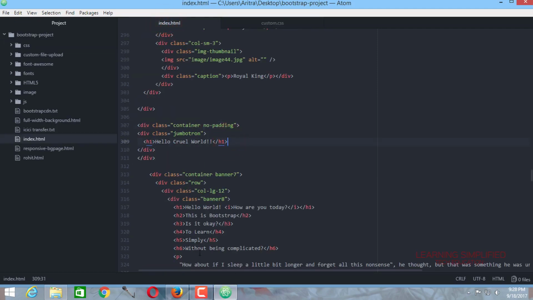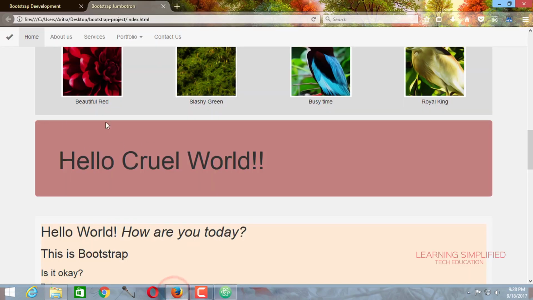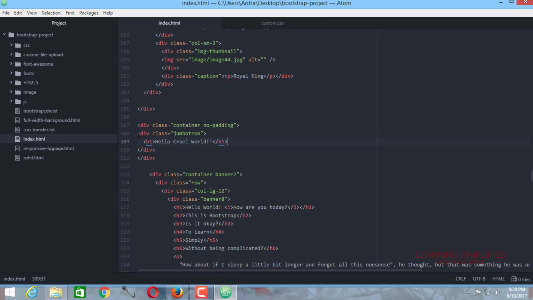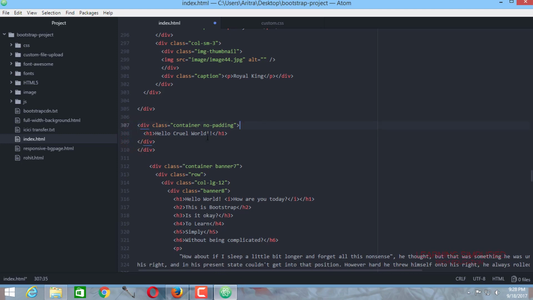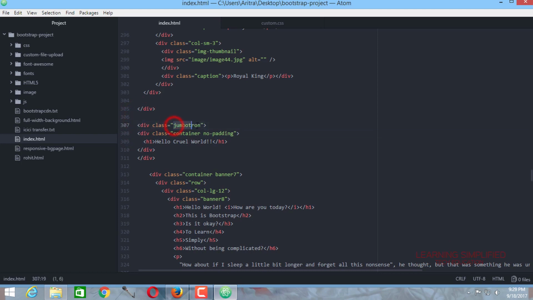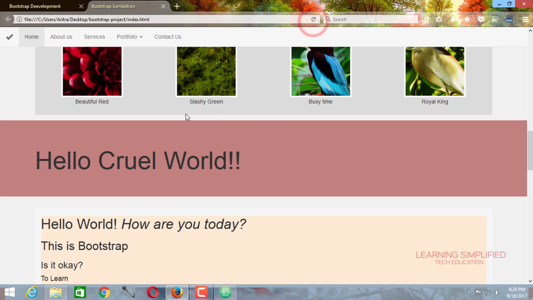But first of all, I would like to make one amendment over here. If you wish to use the whole 100% width of this page, then all you need to do is get back to your project, and here, instead of using a Jumbotron inside a container, we will be using this Jumbotron class on the top of this container, placing it right on the top of everything. We press reload, and we can see that this is now 100% width. Now we have used the full 100% width of this page.